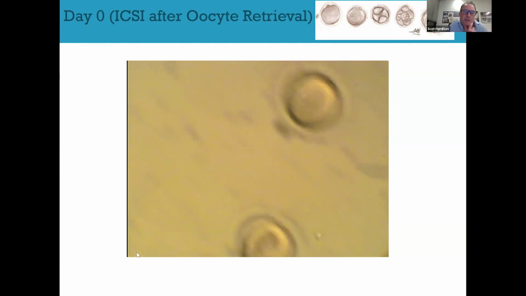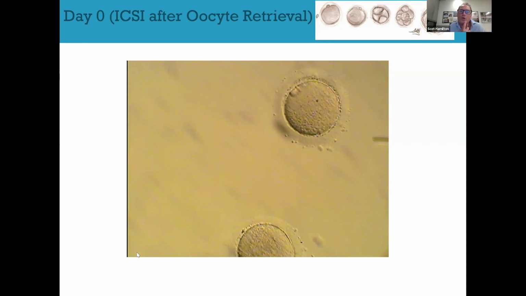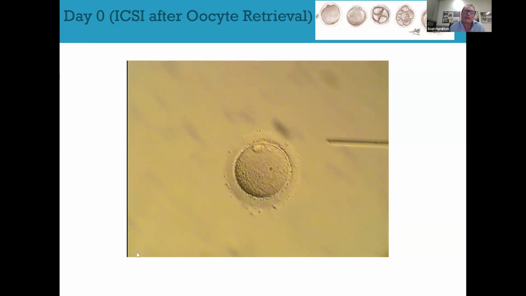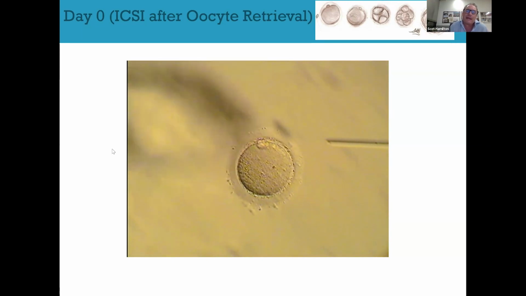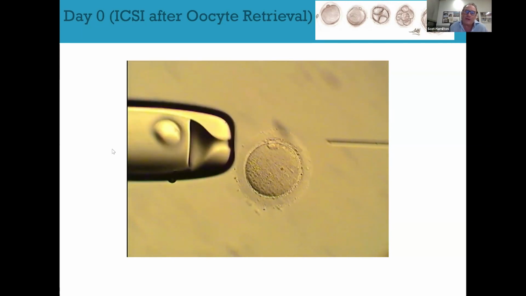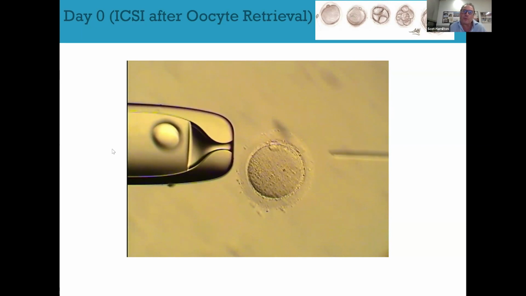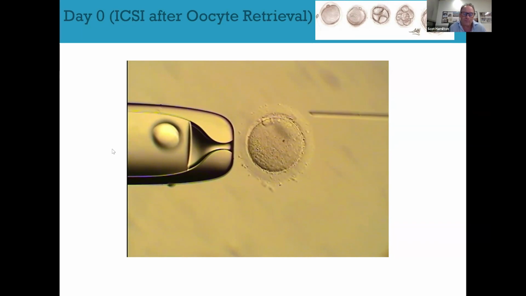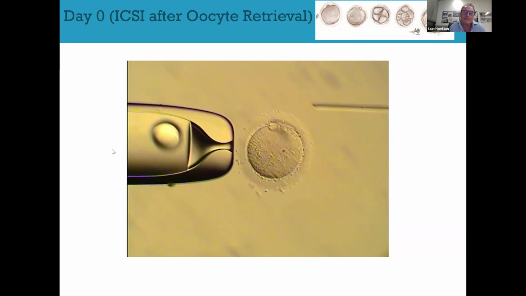And this is maybe, I'm going to say 200 times magnification. There's a mature egg. The polar body is at the top there. You can, with this equipment, roll it around so you can put the polar body where you want it. And you've got another pipette with another joystick that you can use to apply suction to hold the egg in place. And so you can do a controlled injection of pushing the sperm into the egg.